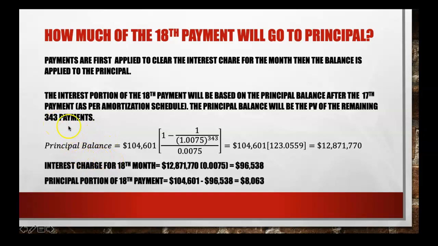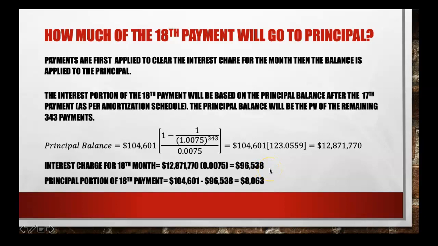We find the present value of those 343 payments, and it gives us a principal balance of 12,871,770. Now, if that's the principal balance at the start of the 18th month, then the interest charged for the 18th month would be 0.75% of this principal balance. And when we solve for that, it gives us an interest charge of